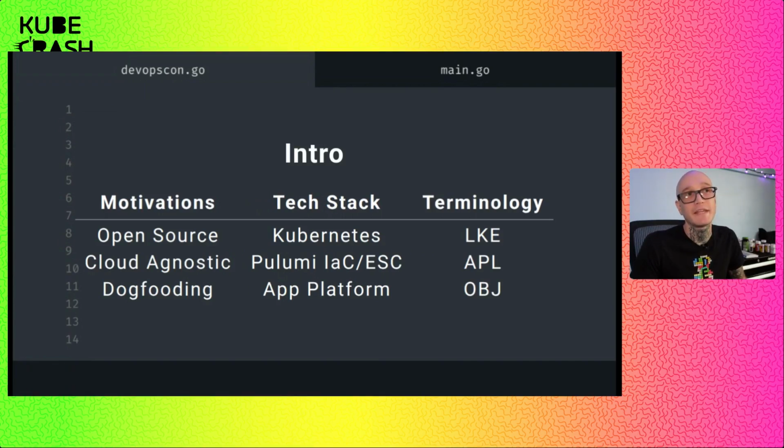And then the app platform, the thing I'm showing, is really just a big old Helm chart that installs a bunch of subcharts and then just ties it all together.